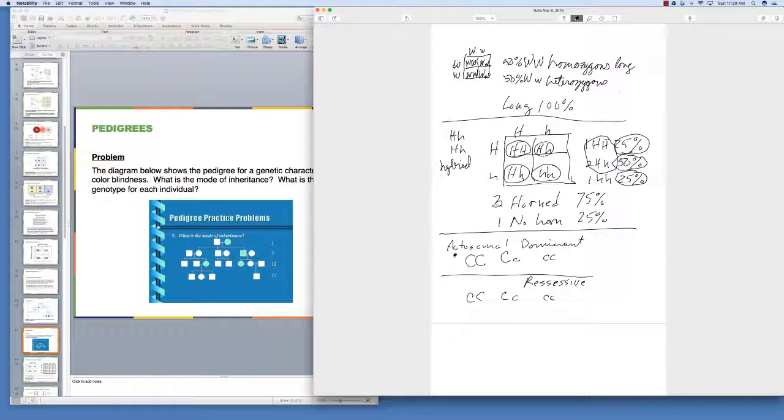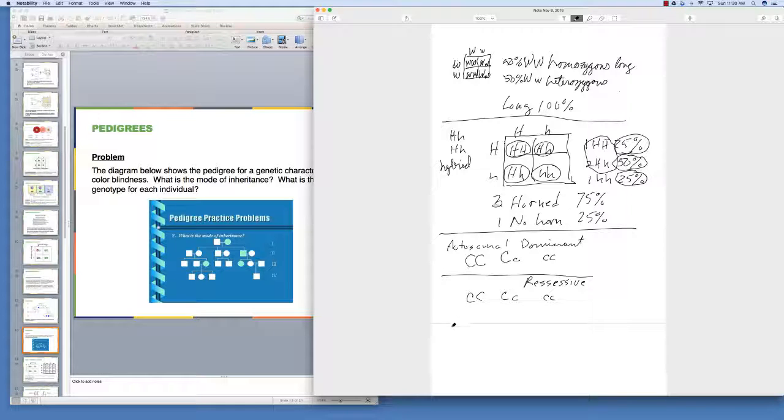Now, if this is the situation, in this case the affected individual is going to affect all of the offspring. In this case, the affected individual is going to affect 2 of the 4 offspring. So there's no situation where an affected individual doesn't impact anybody. And so you have right here a generation where nobody is affected. So it's very unlikely that this is a dominant situation. It's much more likely that it's recessive,